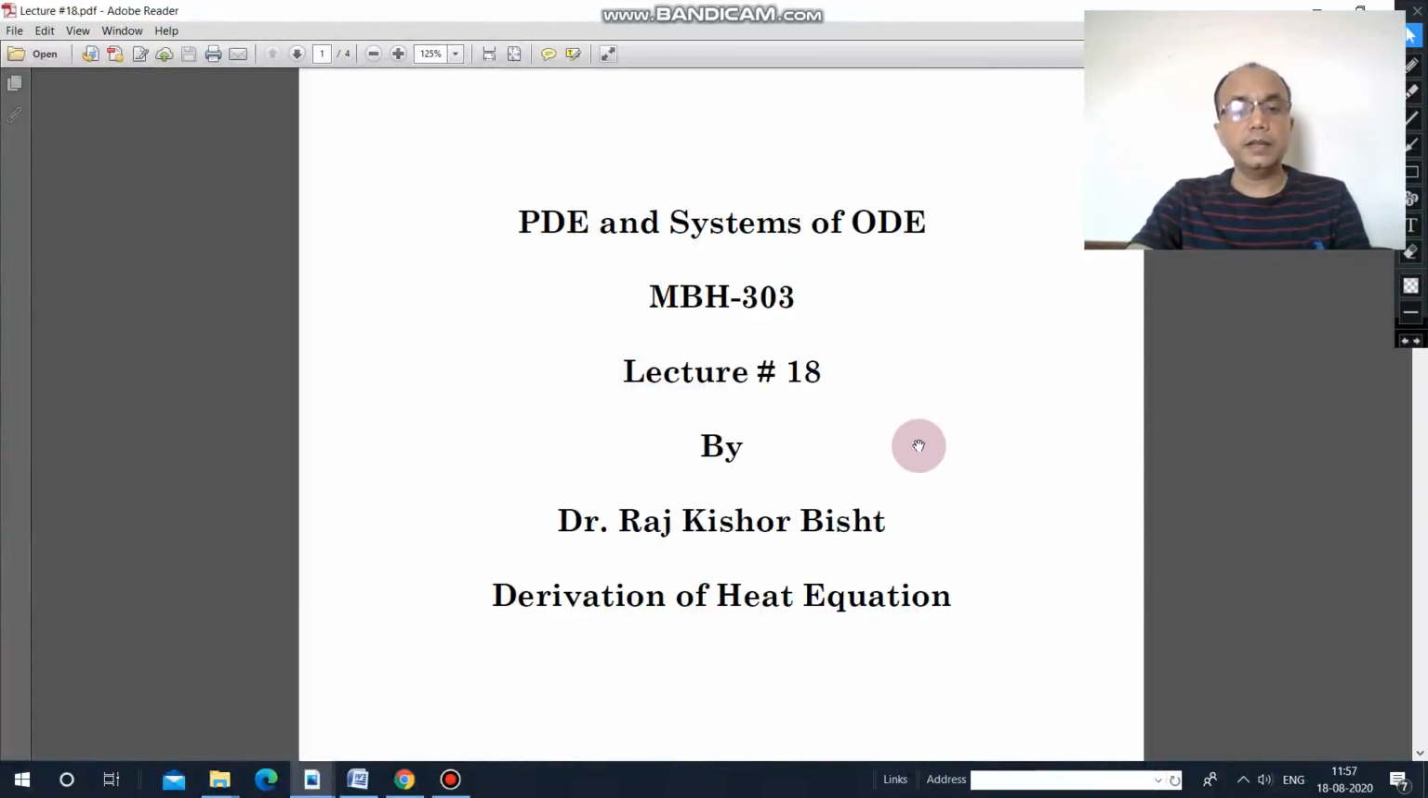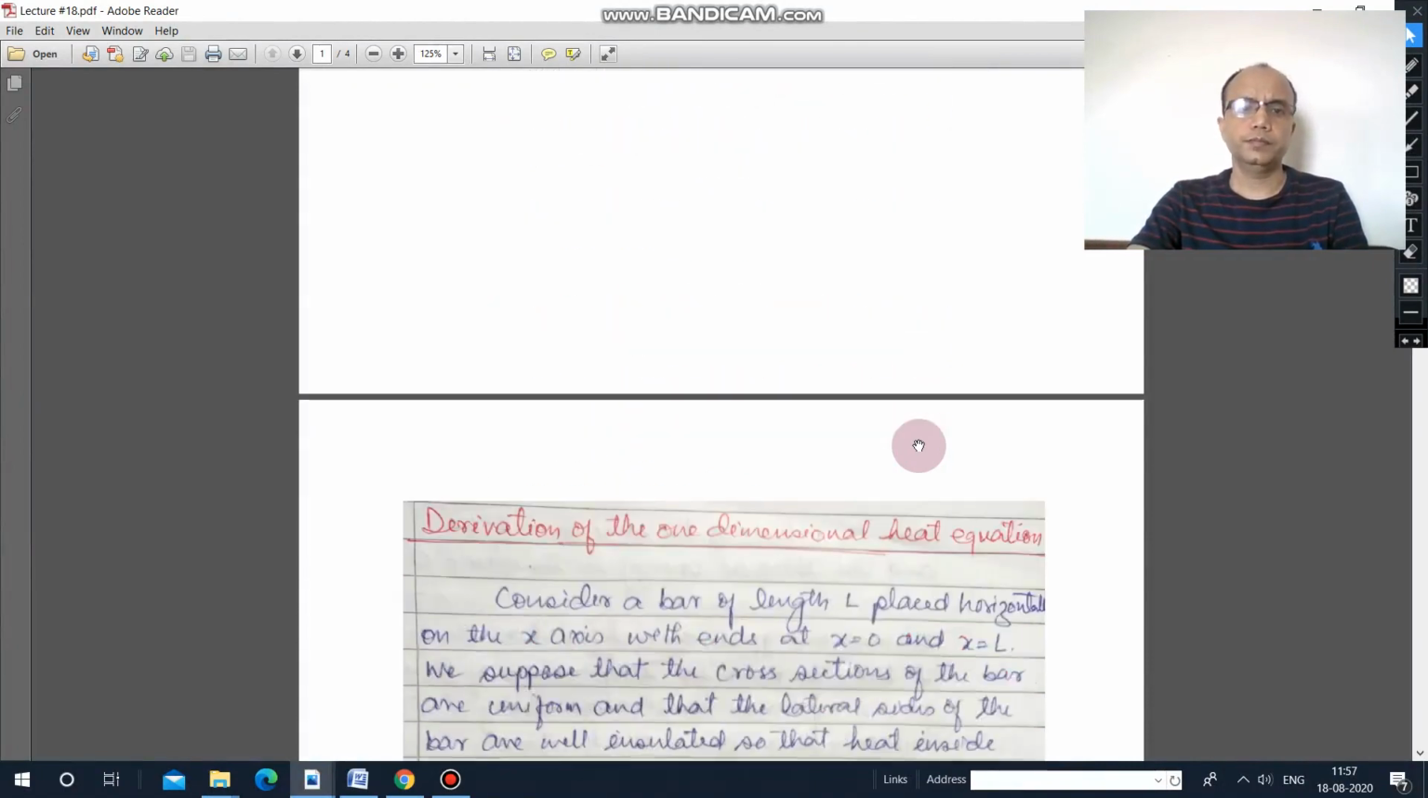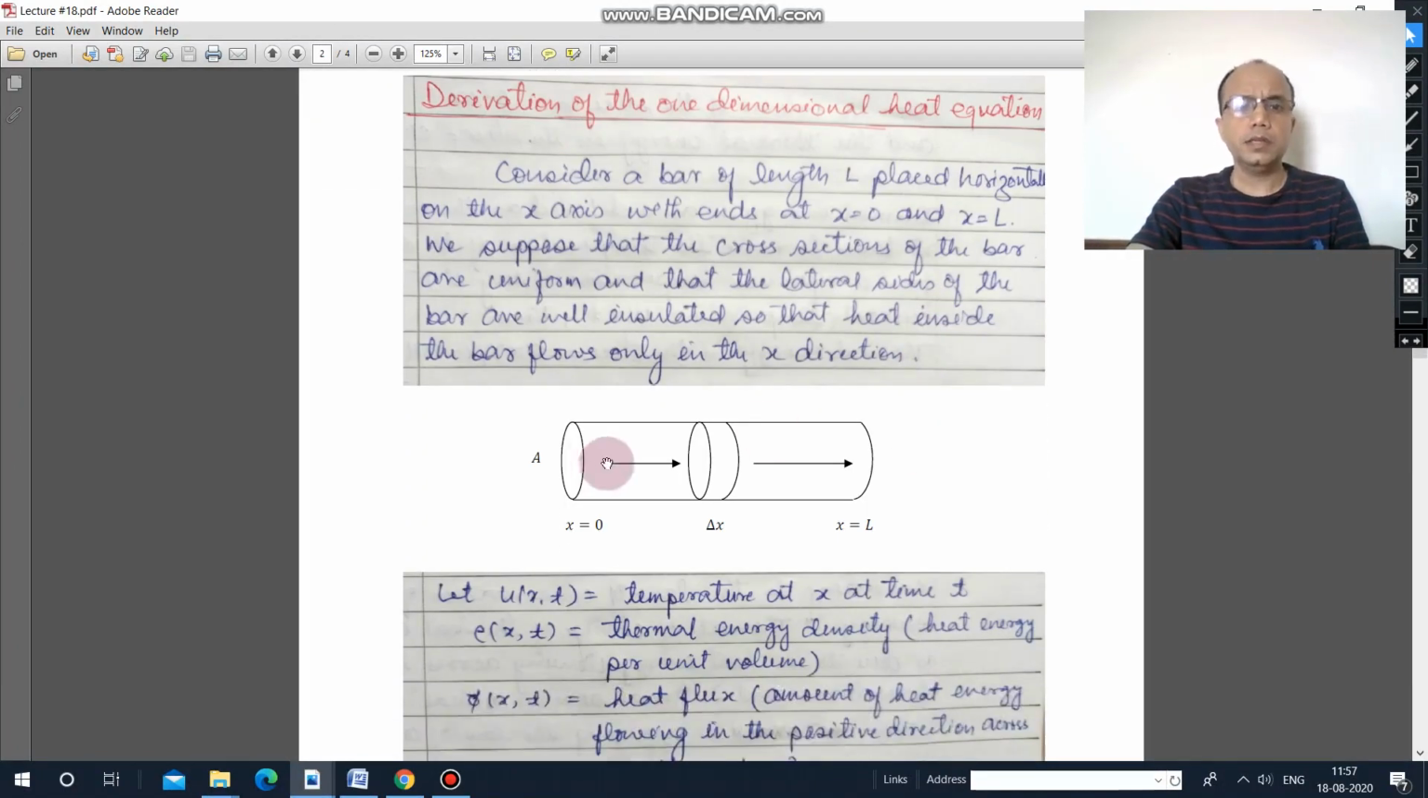Hello everyone. In this lecture, we will learn the derivation of the heat equation. Now consider this bar of length L placed horizontally on the x-axis. Assume one end is at x equal to 0, and the other end is at x equal to L. Clear? We suppose that the cross sections of this bar are uniform, meaning the same, and that the